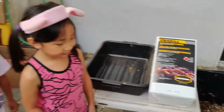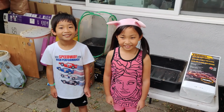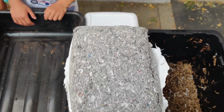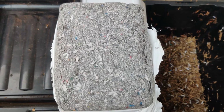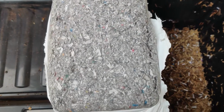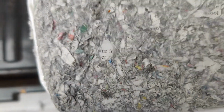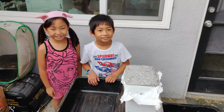Okay. So let's see how it goes. Okay, so obviously this is made out of recycled newspaper. We can tell because you can even see some of the words here. So, all right, let's try to break it up into smaller pieces and see how it mixes in with the